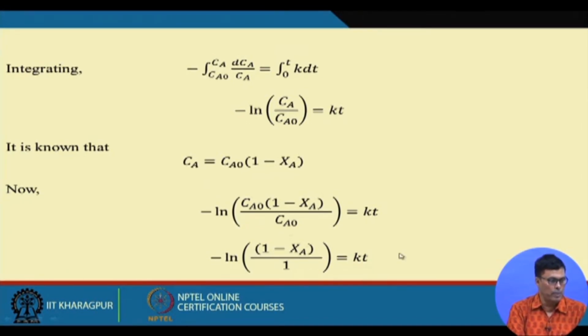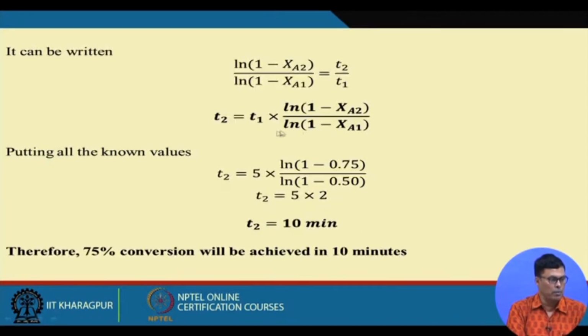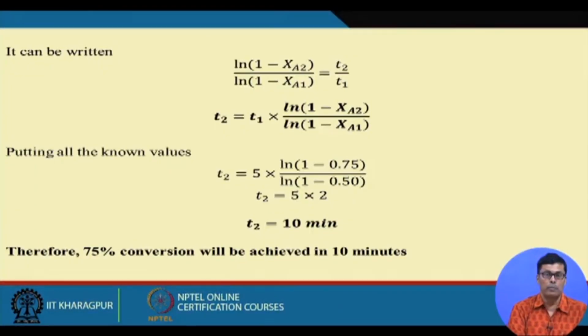So we come across this equation, and finally we can write the conversion of A at the two times, t2 and t1, and if we take the ratio, finally we can find out that t2 is coming to about 10 minutes. So initially the question was that 50% conversion takes place in 5 minutes, and for 75% conversion, how much time is required? The answer is 10 minutes. So it's very simple. We can easily calculate this